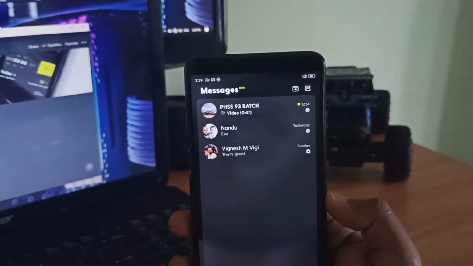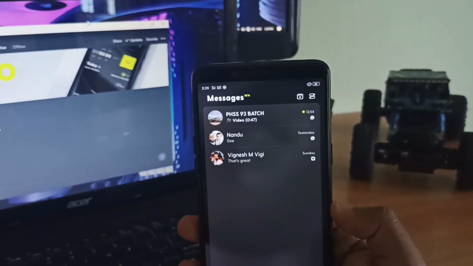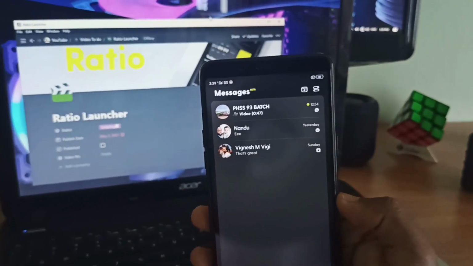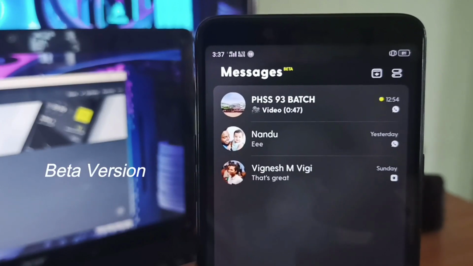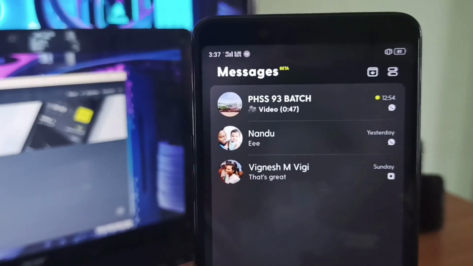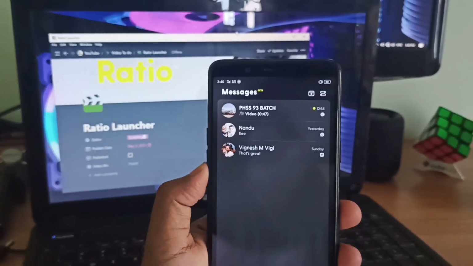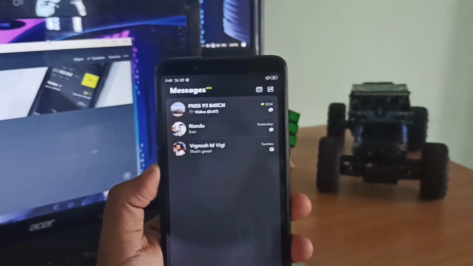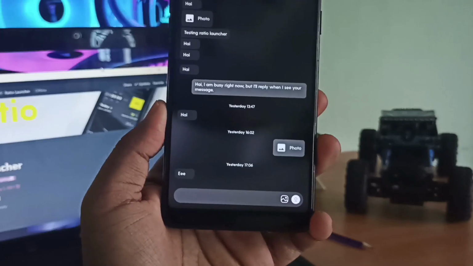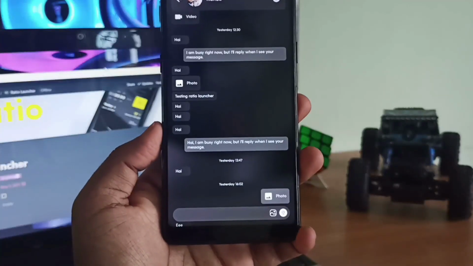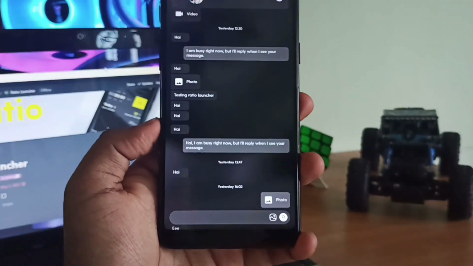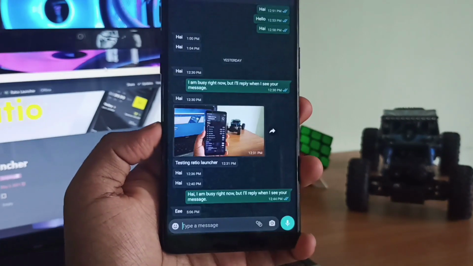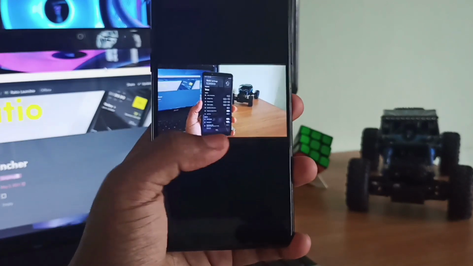Anyway, Ratio has done a great job by integrating different messaging platforms under a single roof so that you don't need to switch to different apps while having different conversations with different people. But this tree page is under beta version, and yes, it's not completely developed, so there are a few hiccups here and there. Like sometimes some of the above mentioned features stop working, and sometimes it's not properly synced with the messaging app. There are also some other issues, like you are not able to preview media files right from here. So for viewing media files you have to open WhatsApp, but for that Ratio has given you a toggle button which, when clicked and dragged up, will provide you an option to open that conversation in the respective apps.